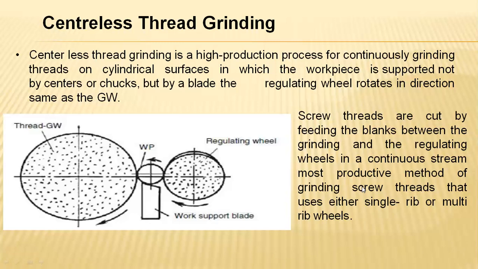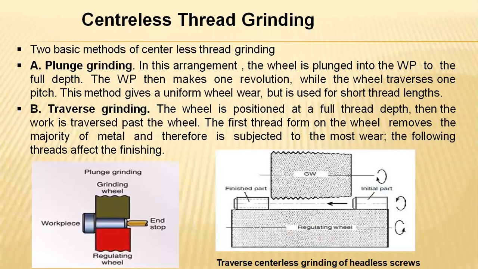A screw thread is cut by a simple feeding up to the range that we require over the work part, and this wheel rotation will continue its stream of producing. These threads will be formed either by a single rib cutting or else multiple rib wheels. And the wheels play a major role here in getting the representations of this cutting.